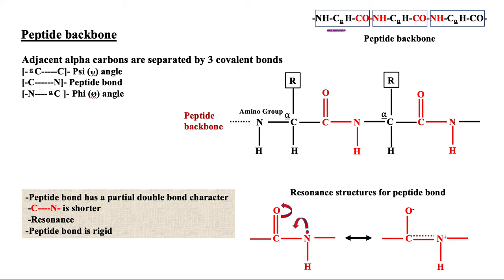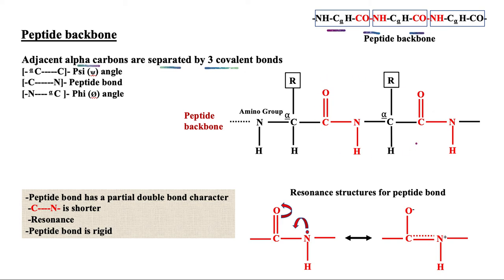This is just a summary of what we have done so far. I have mentioned that the protein backbone, or peptide backbone, is made up of repeating units. One of the repeating units has NH, C alpha and then CO. These repeating subunits join together by a peptide bond, and that's how the peptide backbone is formed.